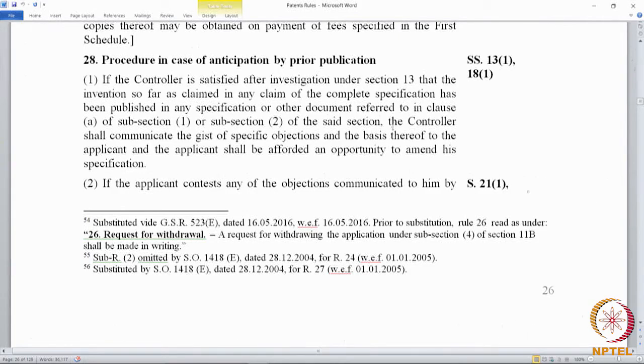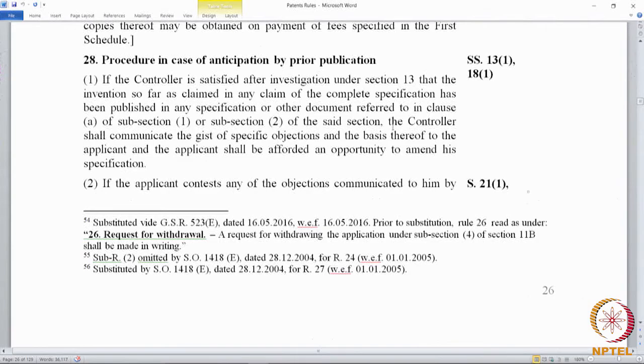So, once the controller finds that there is a case of anticipation, the controller shall communicate the gist of the specific objections. Now, the rule here is not clear as to how that communication can happen.